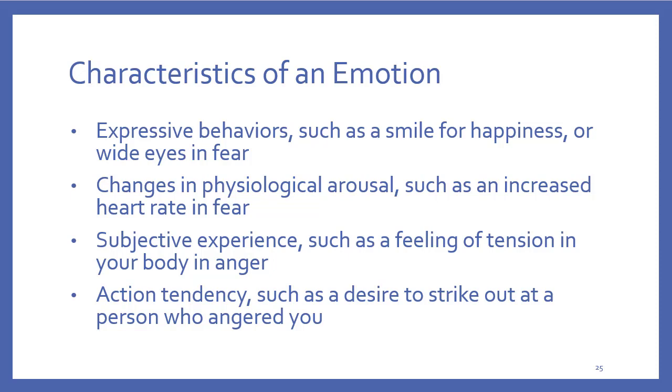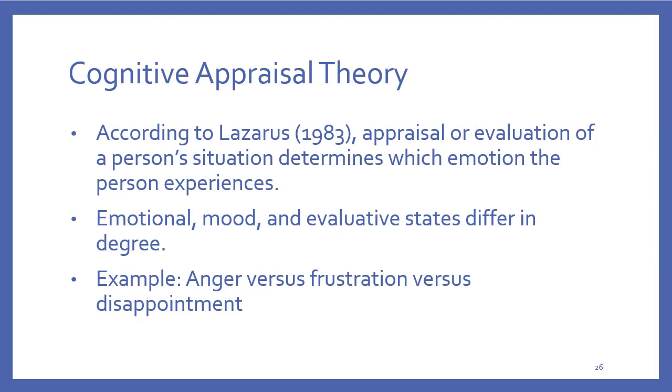So these emotional characteristics, these basic ways that emotions look, are important to us because we're going to consider something like a lie detector a little bit later. But cognitive appraisal theory includes evaluating emotional states. Cognitive appraisal theory is when you use your situation to determine which emotion the person experiences. All right, so it's kind of an odd thing to say, well, wait a second, don't people just have emotions? Well, yes, they do, but our interpretation or appraisal of a situation is what leads us to having the emotion.